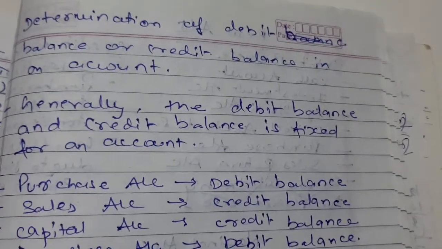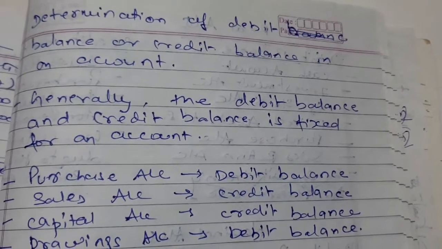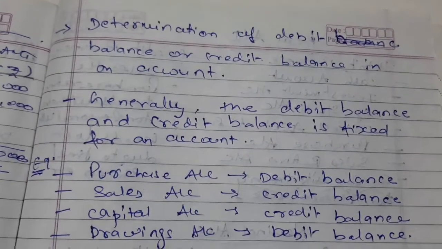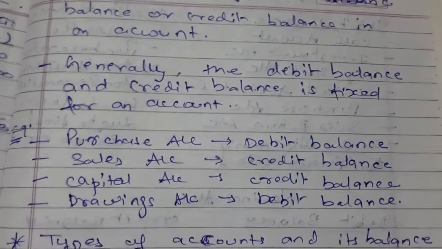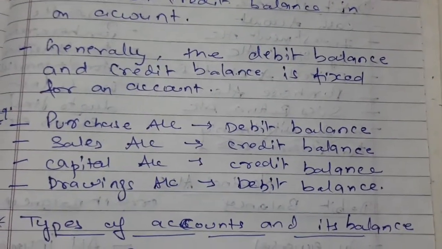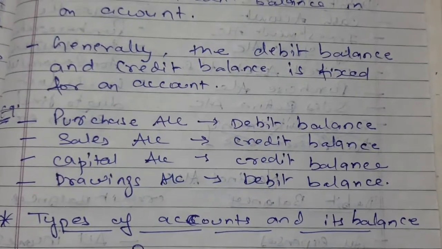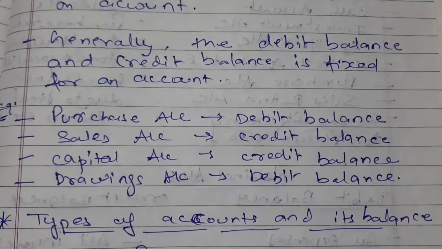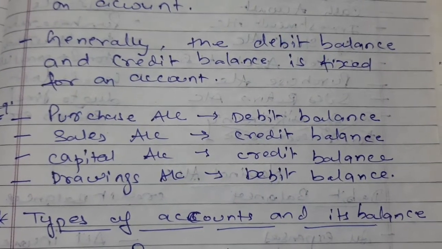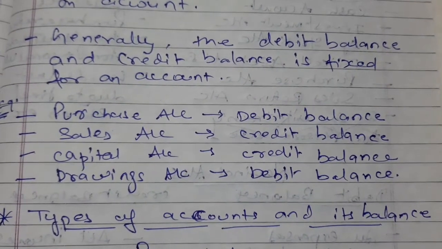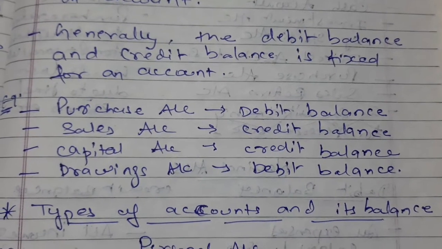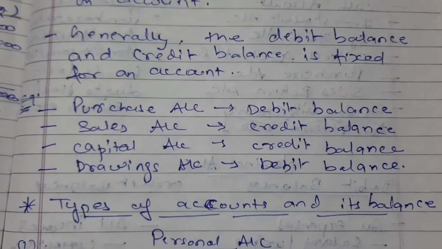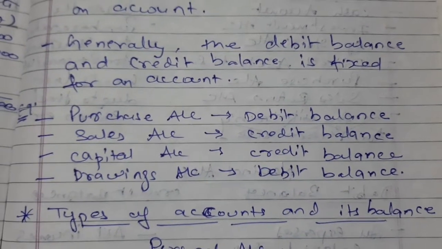Now, the next topic is determination of debit balance or credit balance in account. So now, friends, here we have seen what is the trial balance and why we prepare trial balance and its main characteristics. Now, how to determine whether the balance given in an account is a debit balance or credit balance? Because when we do sums, we will only be given some name of the accounts and its balance, but we will not be given whether it is a debit balance account or credit balance account, which we have to find on our own.